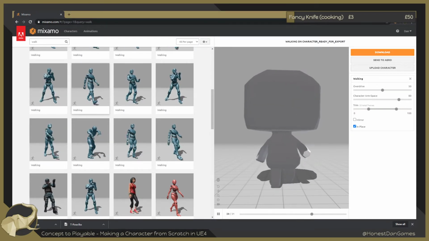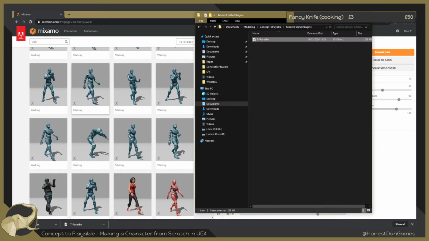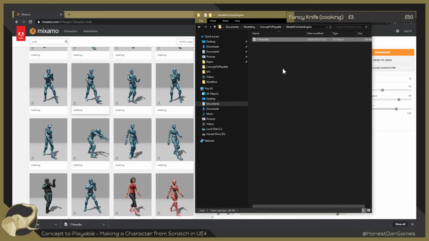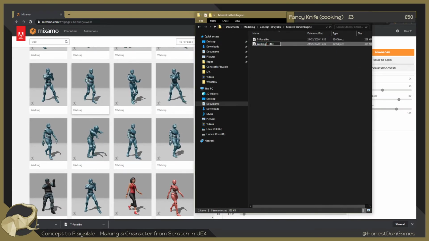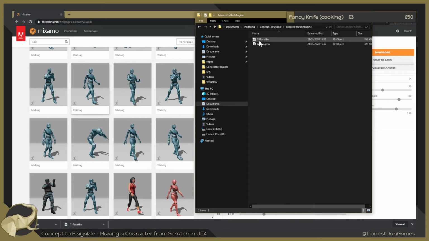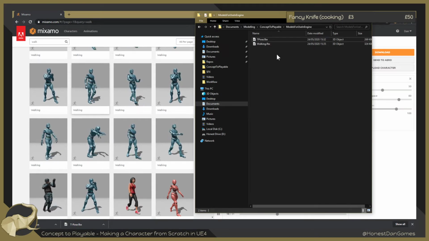Okay, so that is downloaded. I'm just going to try and take care of these one by one so I don't forget and make mistakes. So I'm going to drag that one over and rename it. You see, I downloaded a walking one last time. Rename that nicely. I also don't like the use of a dash in the name, so I'm going to get rid of the T-dash pose. And then